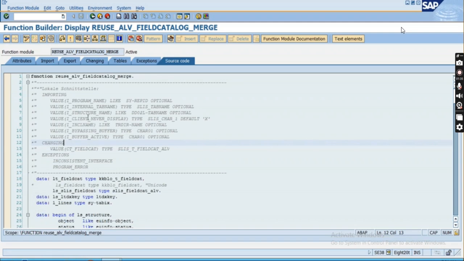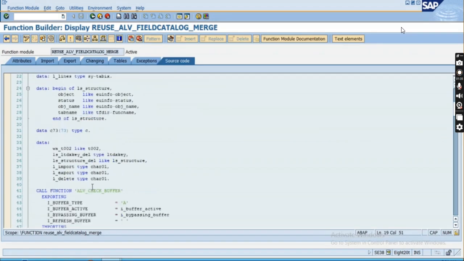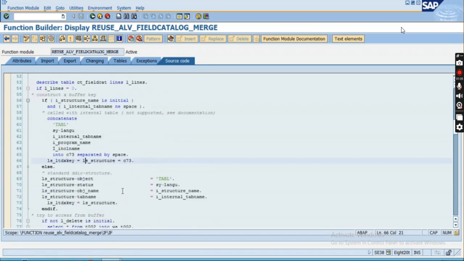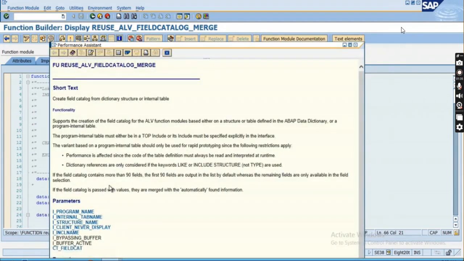Field catalog, internal table name, program name, structure name, include, that is fine. Field catalog type, that's the Unicode, that's fine. LV check buffer. Okay, let's go to this documentation and we'll try to see if we are doing anything else wrong. Okay,